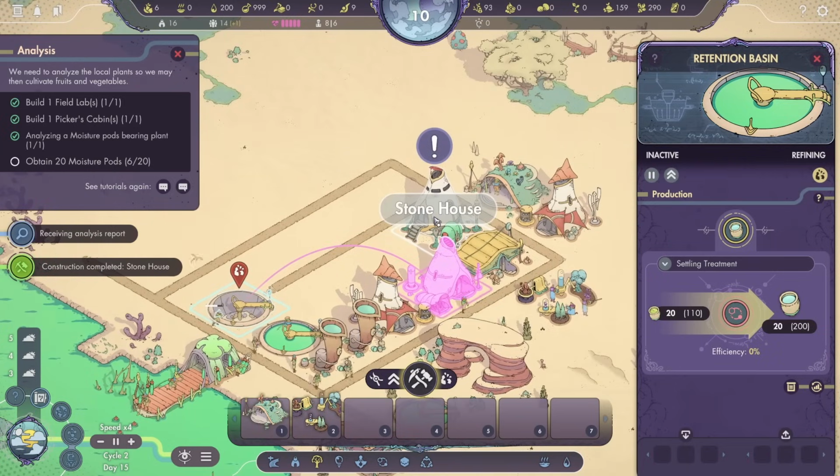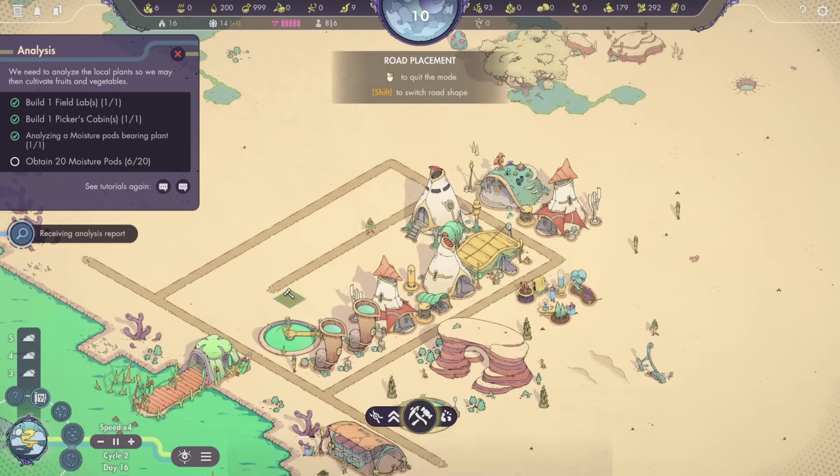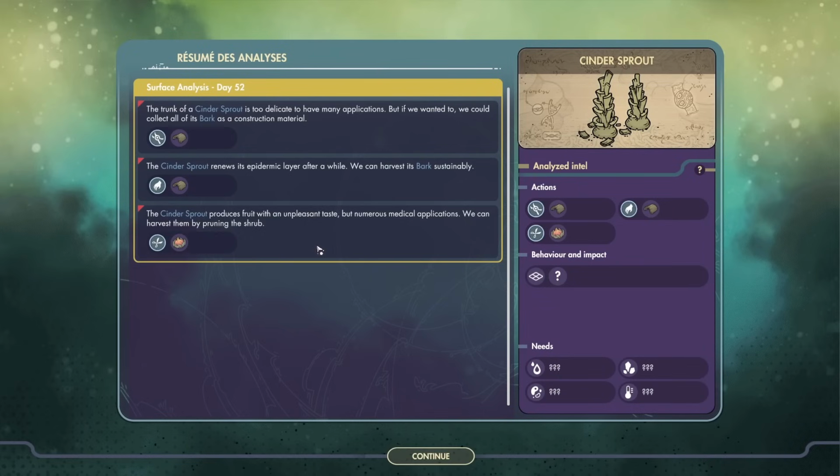There we go. Okay, stone house. There we go. Okay, so what else do we have? Yeah, resume the analyses. So cinder sprout is too delicate to have many applications, but if we wanted to, we could collect all of its bark as construction material. It renews its epidermic layer after a while, so we can harvest the bark sustainably. Or...